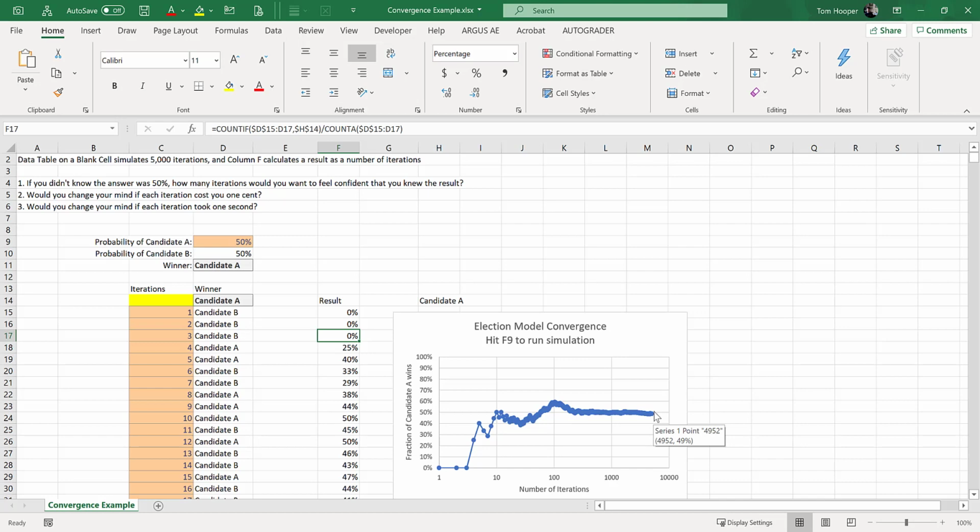And so when you're running your models and you're trying to figure out what is the actual NPV I should be getting after a number of iterations, you could make one of these charts. I'll probably require it on the final model submission to show me how did your NPV converge over numbers of iterations. If I come up here and hit F9 and rerun the simulation,